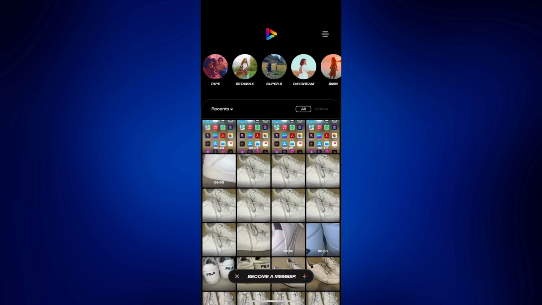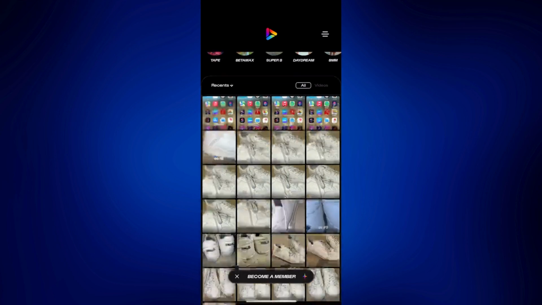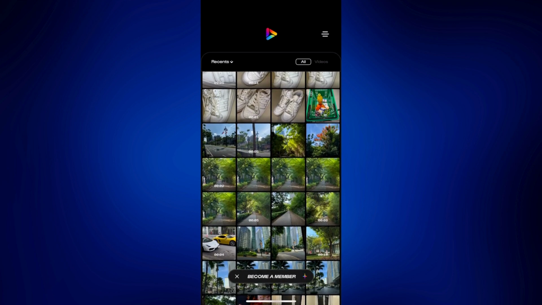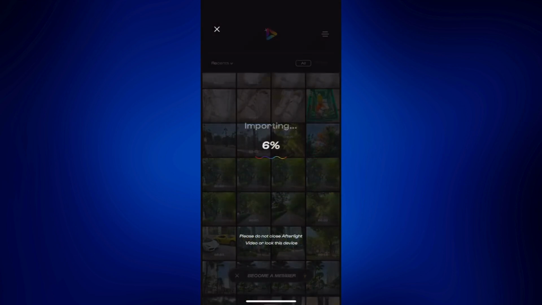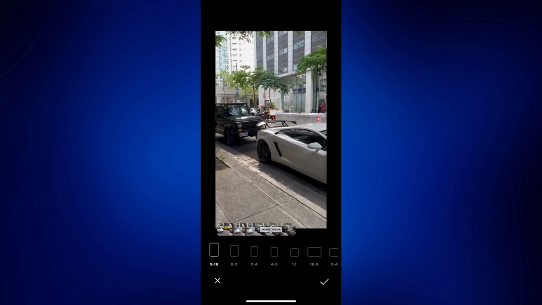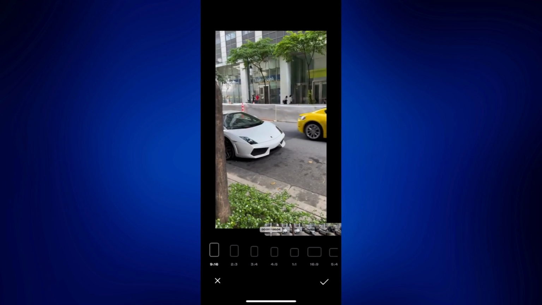And on Afterlight video, you should see all your recent photos and videos once you open it. And just scroll from here. Let's say we want to edit this one. Just tap on the arrow icon. And this is the normal ratio right now. So I'm just going to go with that by tapping on the check icon at the bottom right corner of